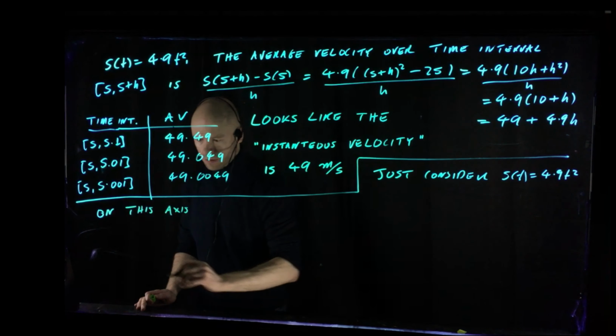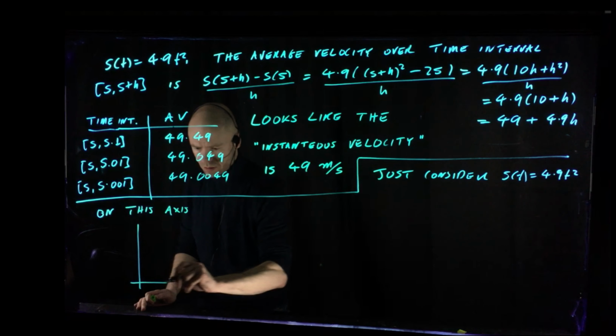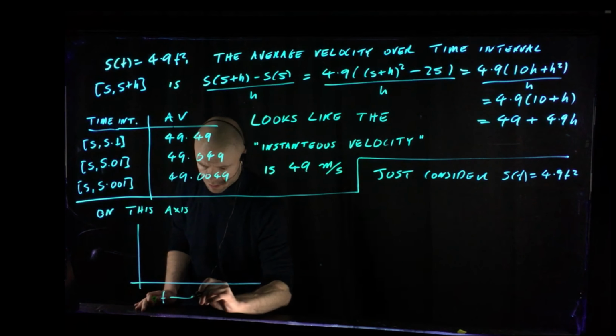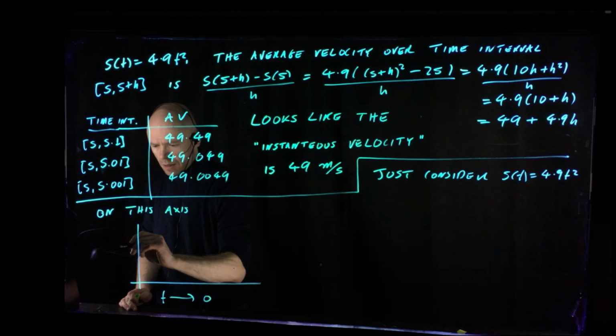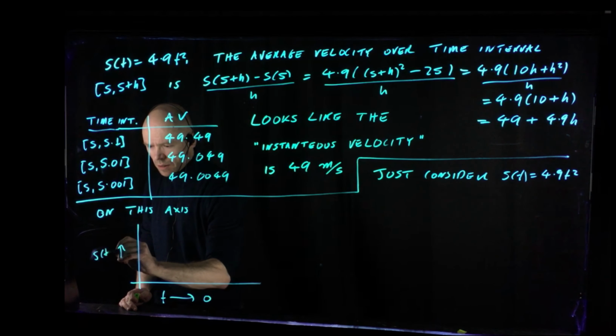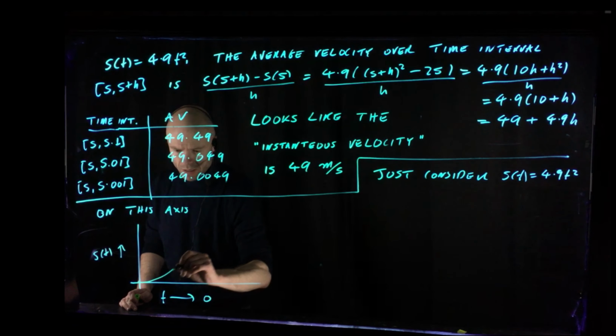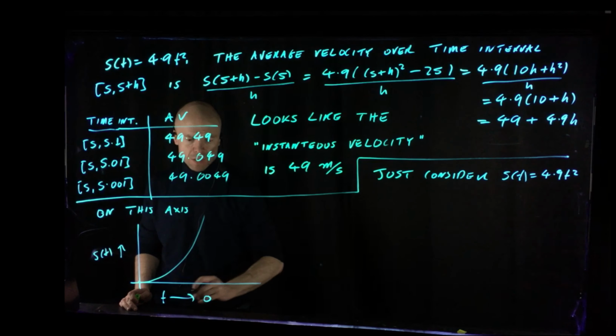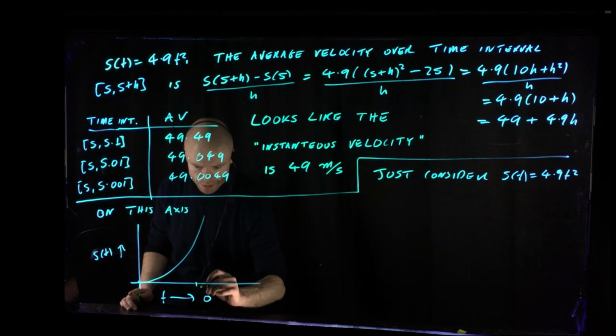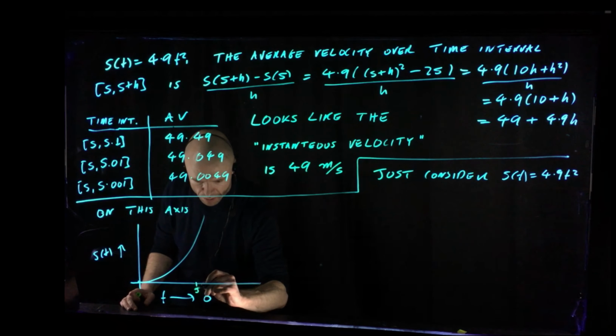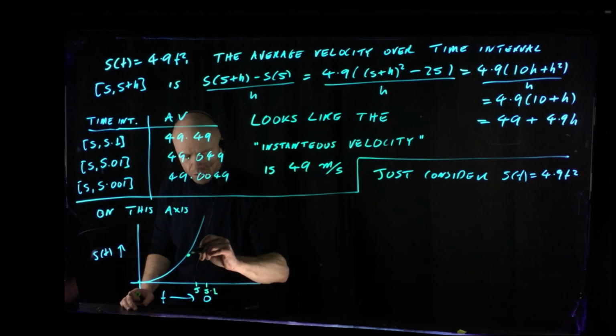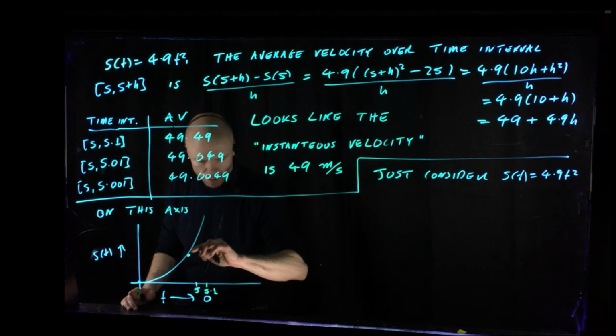So let's put t going across like this. This is time, and then s of t up like this. Then what do we have? We have a nice quadratic function, right? And when we consider this little part here, 5 to 5.1, and we join up,